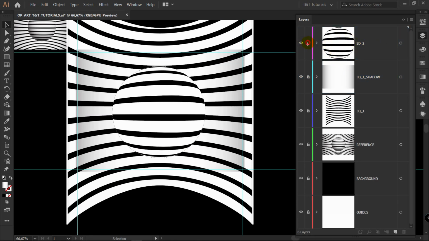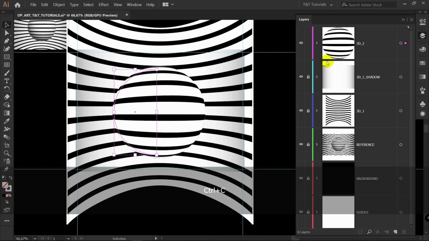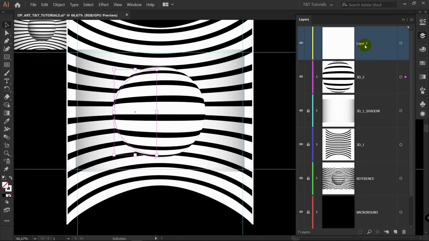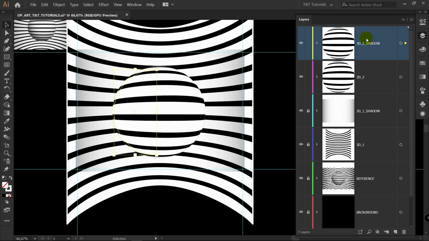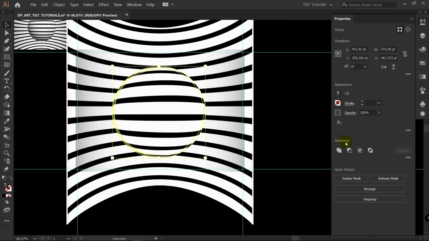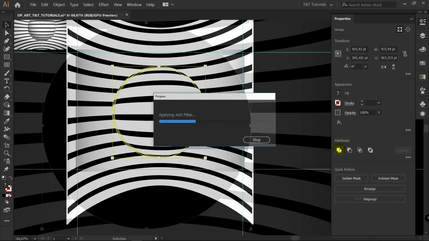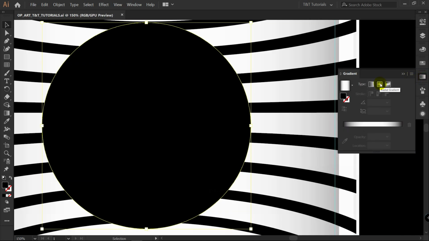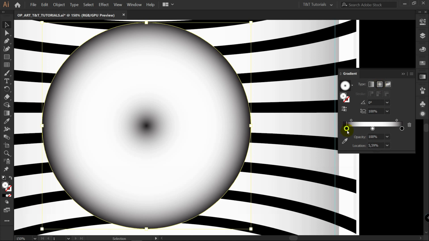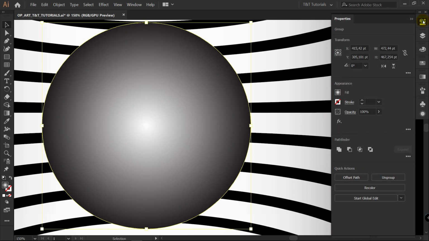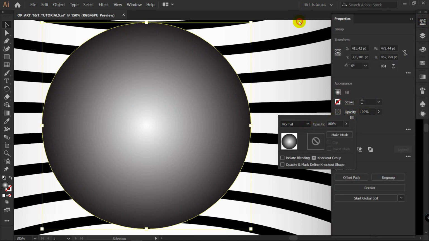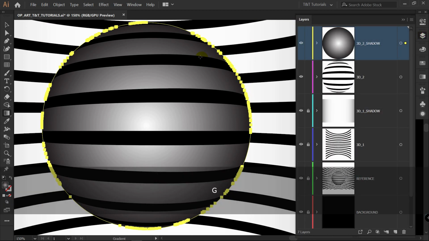Unlock 3D2 layer, select it, Ctrl+C, create new layer, rename it to 3D2 shadow. Now press Ctrl+Shift+V. We made copy and placed it in 3D2 shadow layer. After this, Object, Expand Appearance, Properties, and in Pathfinder, select Unite. After this, Gradient, Radial Gradient. Let's delete this slider, move this slider here, this marker here, Properties, Opacity, Multiply, G for Gradient tool,